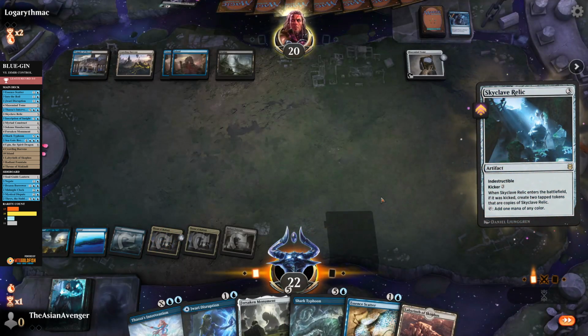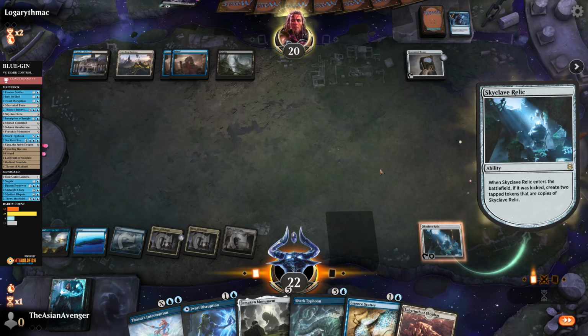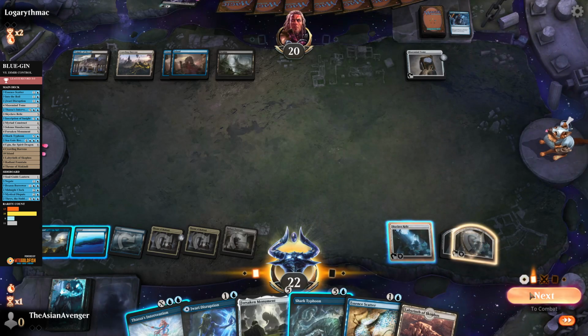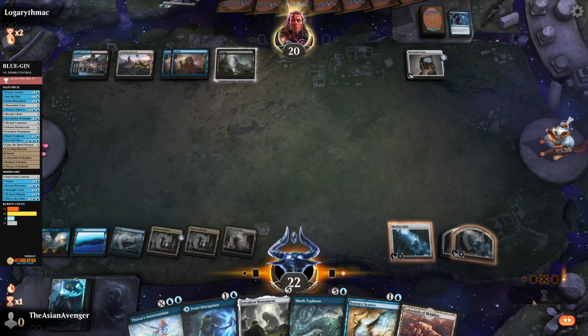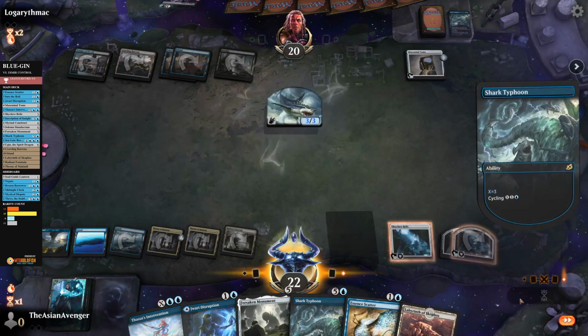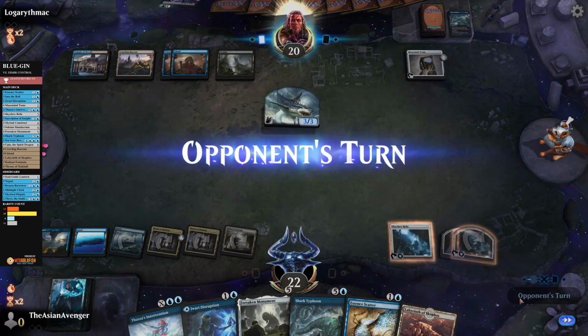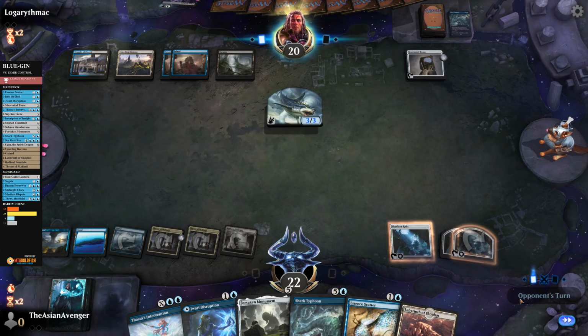All right, let's try to go for the Skyclave Relic. All right, Skyclave Relic seems to be okay with the opponent here. I guess we passed, right? I mean, now we've got all this mana, so we're just gonna sit and chill. Shark Token, they got it. Shark Token's not a big deal. I mean, at some point, right, we'll probably be able to just get...